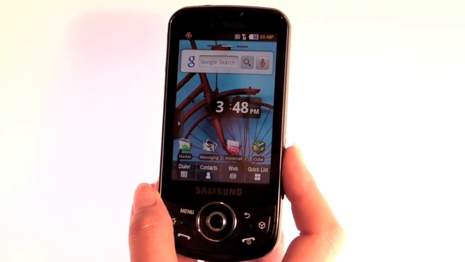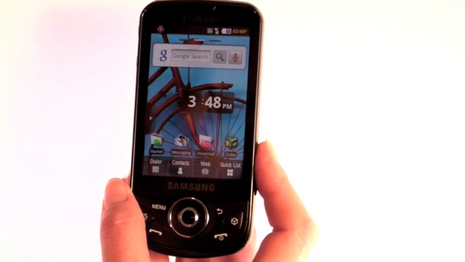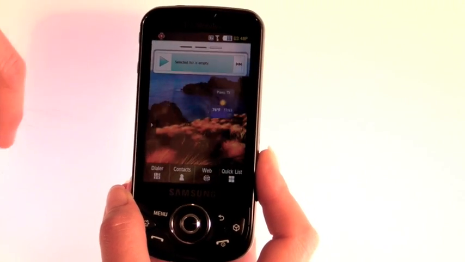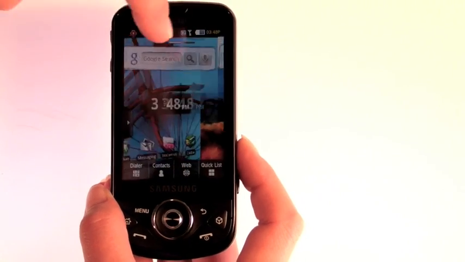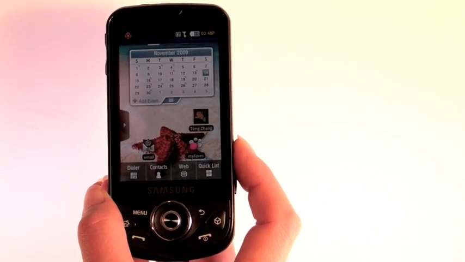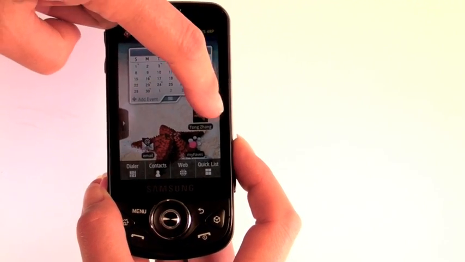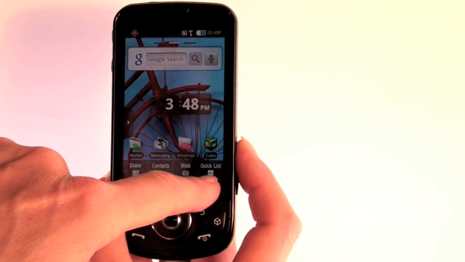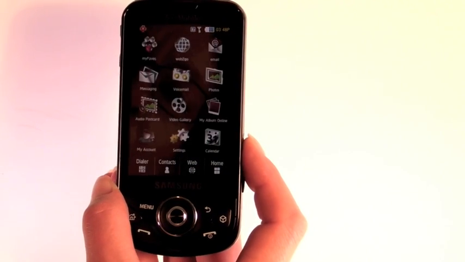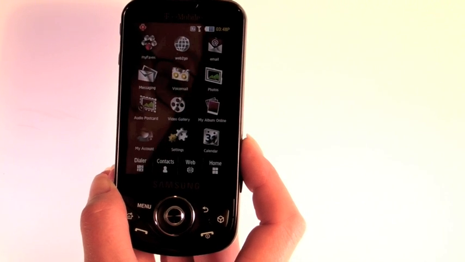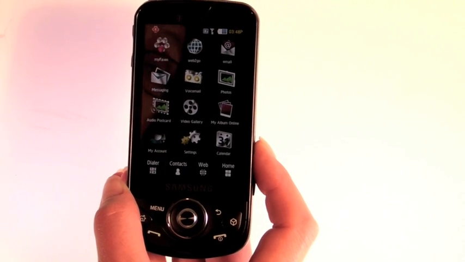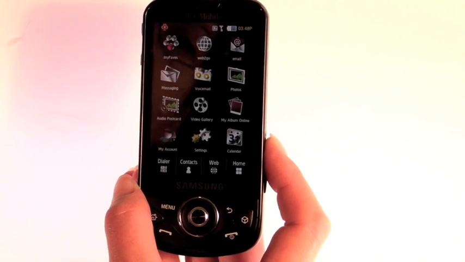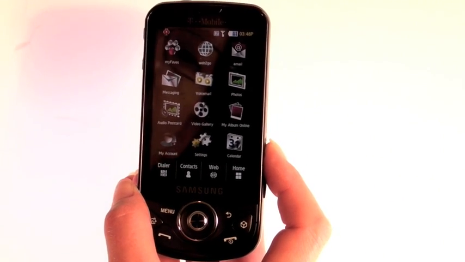Now, TouchWiz isn't as pervasive as it is in some feature phones, like the Eternity. You can see you still have your 3 screens, like you would on any Android phone. You can have a different desktop picture for each one with this. And TouchWiz adds a quick list down here, which is Samsung's shortcuts to a variety of applications. In fact, many applications they wrote themselves for Android. They've done their own contact skin, they have their own photo viewer, video player, and more that we're going to